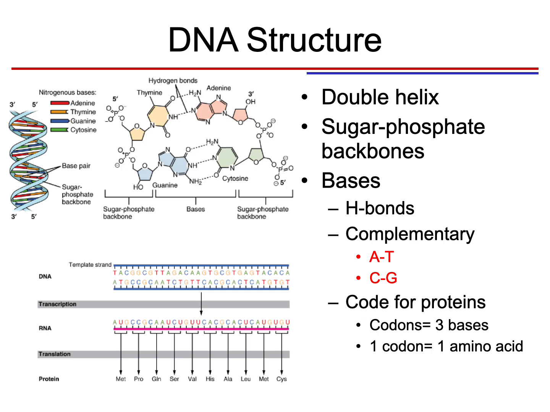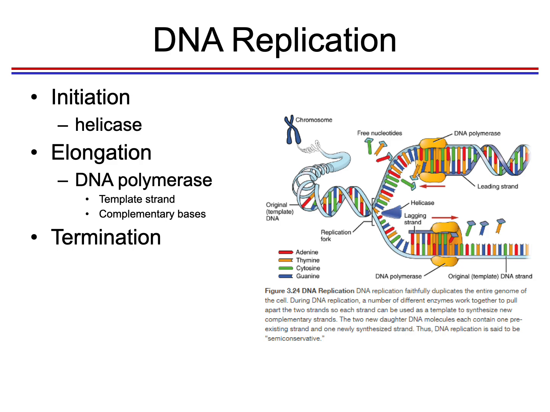And this turns out to be a code for proteins. Three nucleotides make up a code sequence for one amino acid in a protein. This structure of DNA makes it really easy to copy in an activity called DNA replication, where enzymes unwind the DNA molecule and then another enzyme just adds complementary bases to each strand. Shown here is this kind of orangish blob, that's DNA polymerase, which allows the two strands to be copied